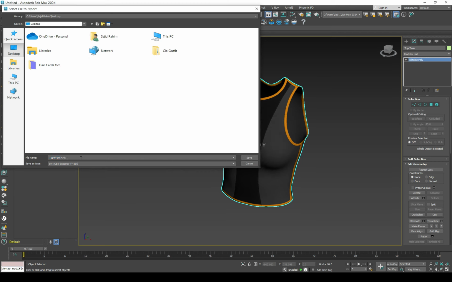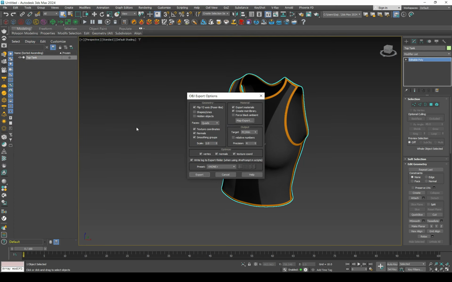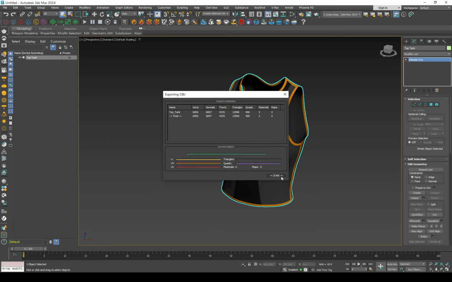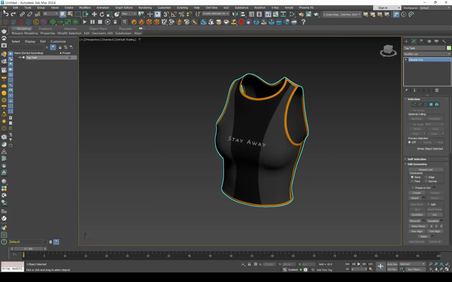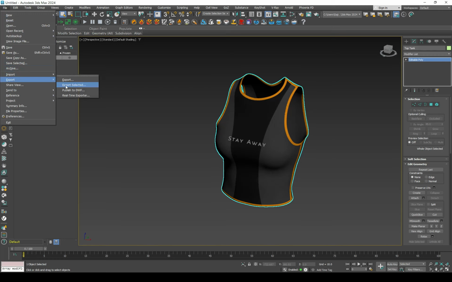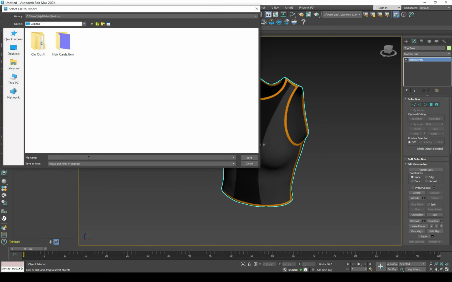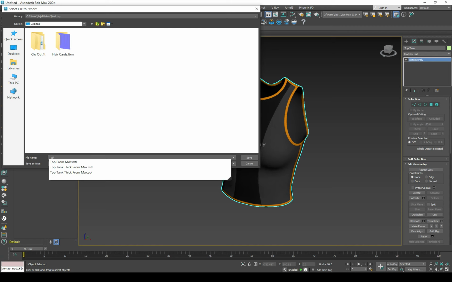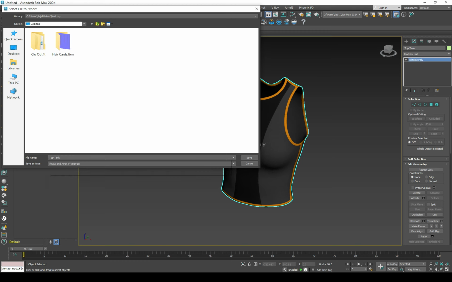Now I'm going to export this model to the desktop. So this is top tank thick from Max. We can also export this model in FBX. Top tank FBX,